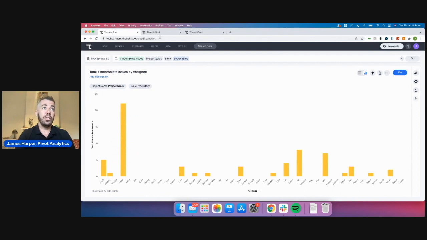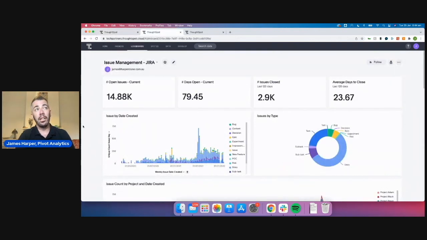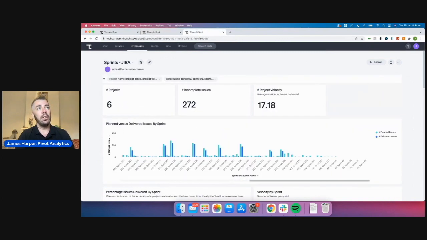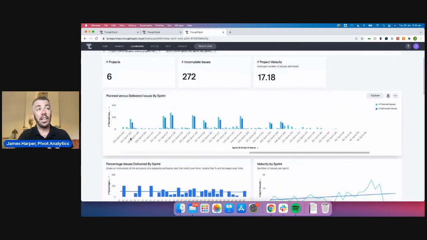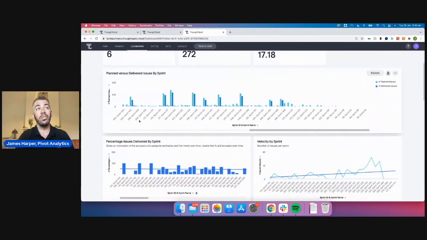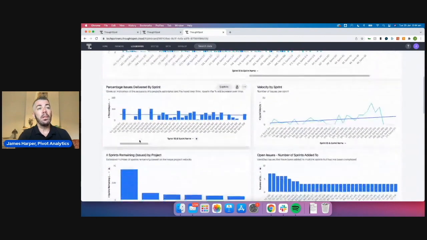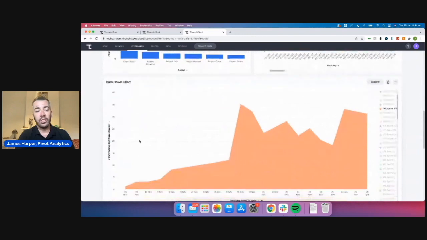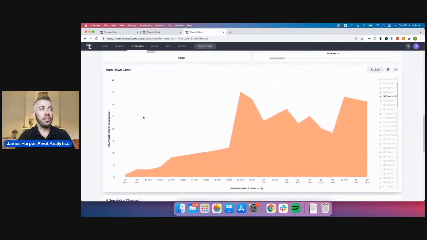Also included with the JIRA SpotApp are two separate live boards. The first one is around issue management, and the second one is around sprint management. This whole live board is really designed to help track and improve the agile process. So you have high-level metrics in terms of velocities. We can see different charts that give us insights on the number of issues that our team are planning versus actually delivering within sprints. We've got a burn down chart, which everybody knows is theoretically supposed to